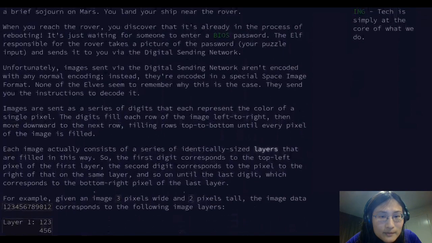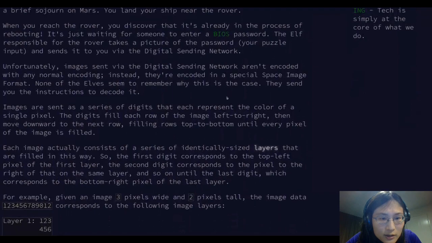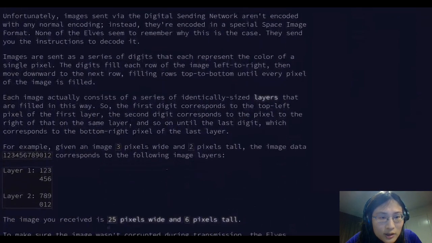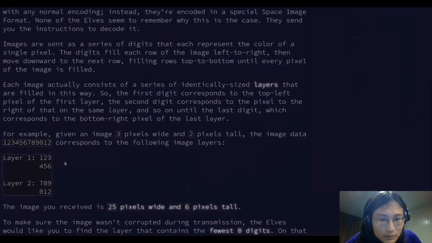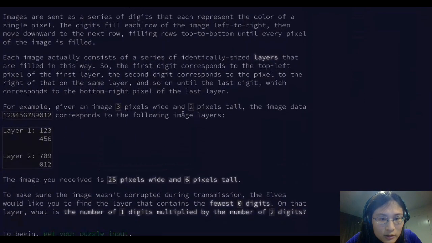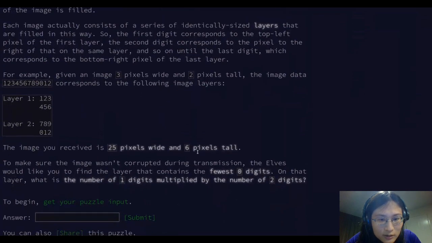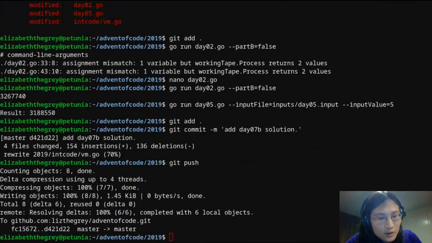All right. Okay. Left to right, top to bottom. Yep. Okay, 25 pixels wide, 6 pixels tall. Fair enough. All right.